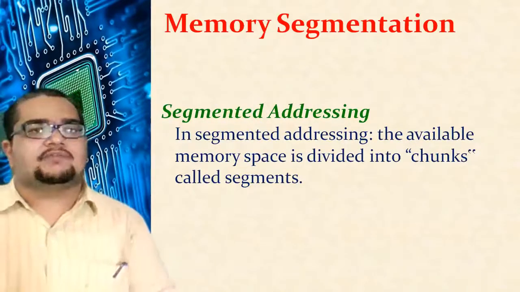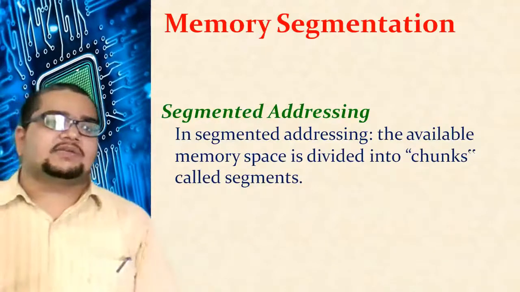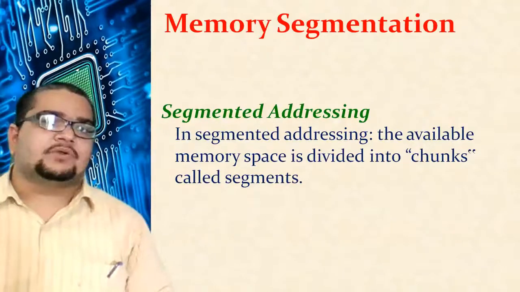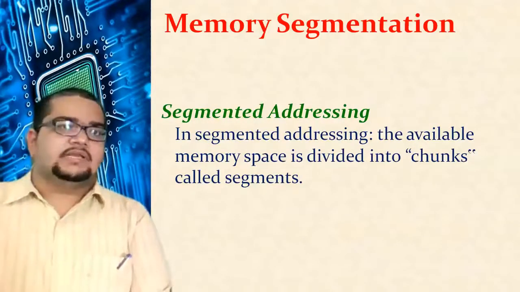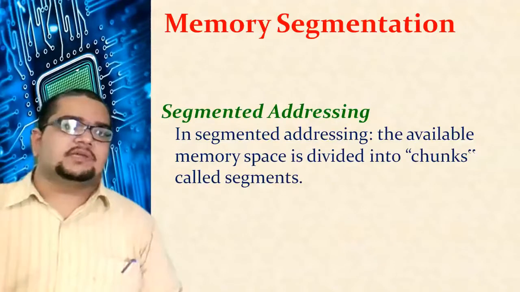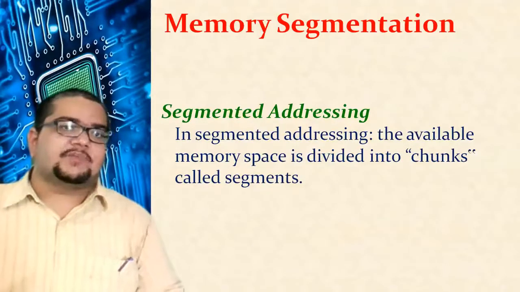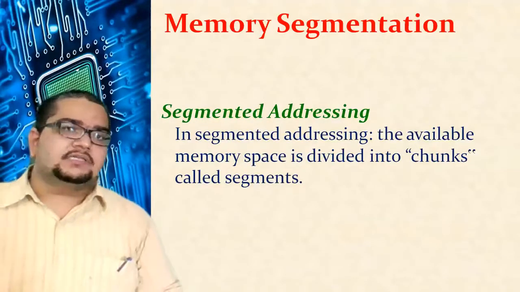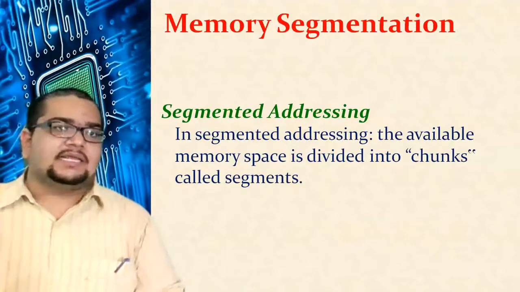Instead, here we have what is called segmented addressing. In segmented addressing, the total memory is first of all divided into segments, or parts. So segmented addressing is one in which the full length memory is divided into parts. The partition of the memory is done because when they are partitioned, a particular part of the memory is accessible by a particular segment area of the memory.